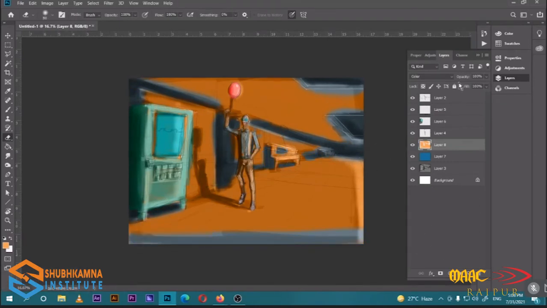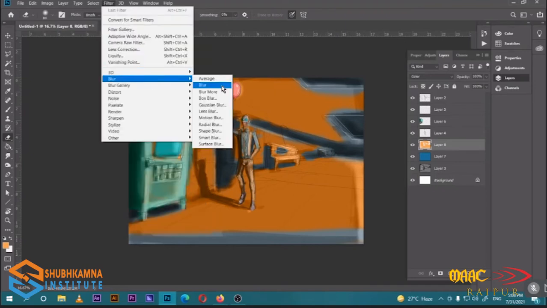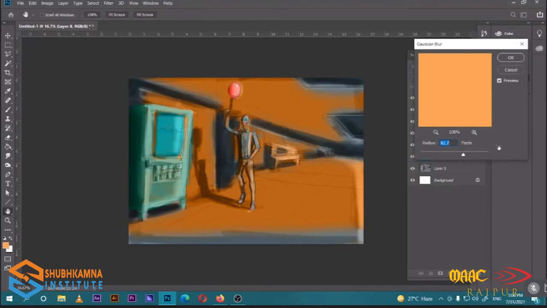Now I'm gonna put a little bit of blur into it. So I'll go for filter, blur, Gaussian blur, in order to get the edges of my shadows soft.